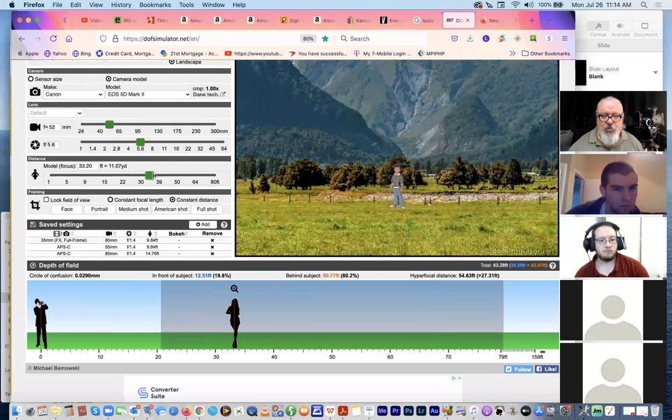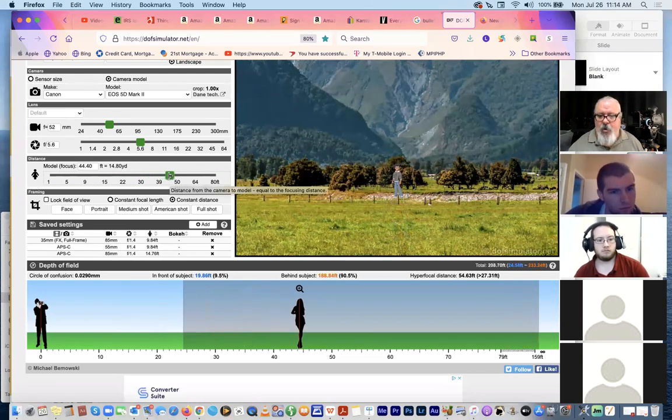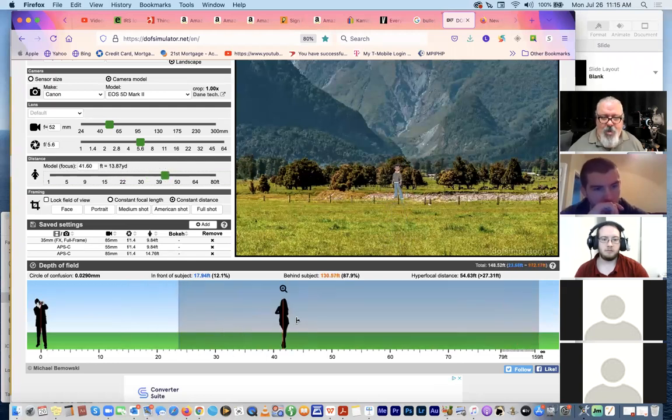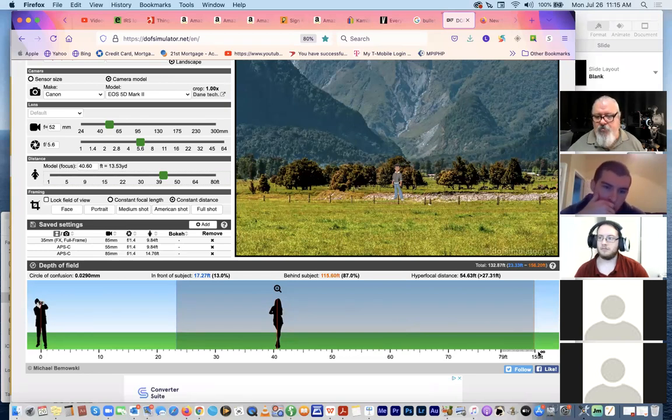So play with that and see, look at that. In order to get the background, you see this little infinity mark down here at the bottom? We got a footage scale here. In this universe where the camera is at 0 feet and the subject is moving forward and backwards in the frame, this is 20 feet, 30 feet, 40, 50 feet. At 40 feet, when the subject is standing at 40 feet, all of that background behind the subject all the way out to infinity on the lens, the infinity focus point on the lens, is